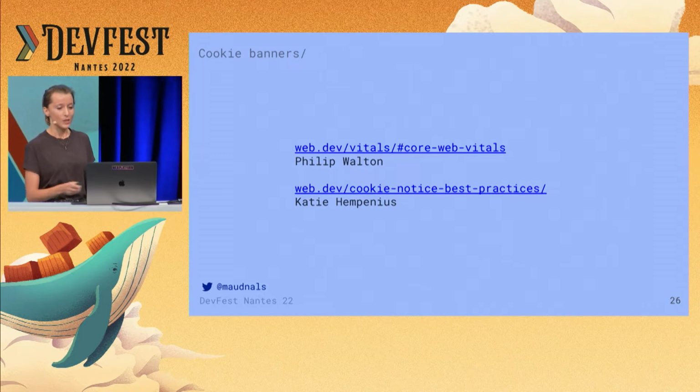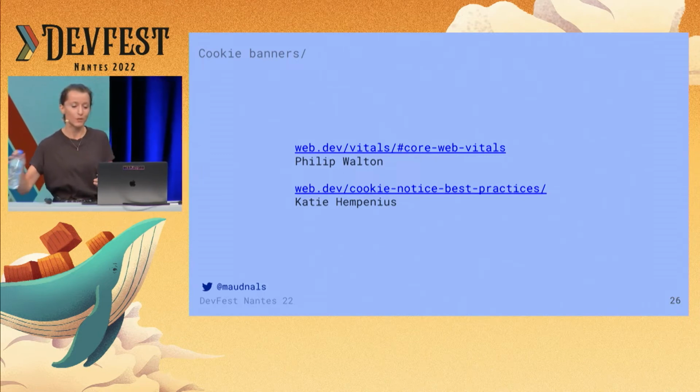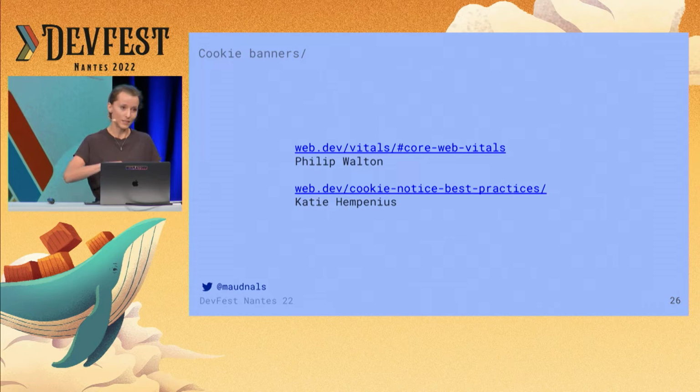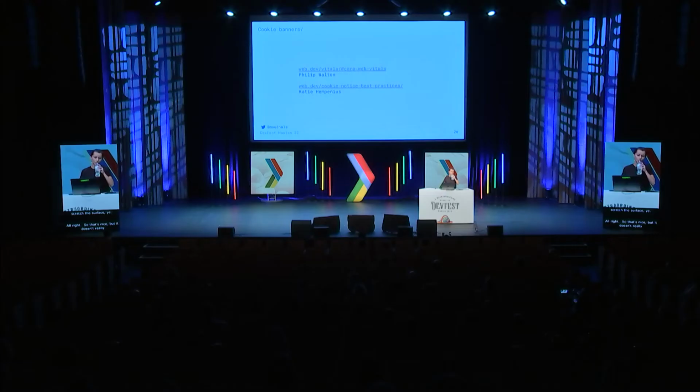All right. So that's nice, but it doesn't really change the fact that cookie banners can be really annoying. Now, what's the second annoying thing I saw when I land on my demo app, the Super Trip Planner app? Maybe you couldn't see, it was kind of fast. The second thing that happens is there's a location permission request that pops up here.